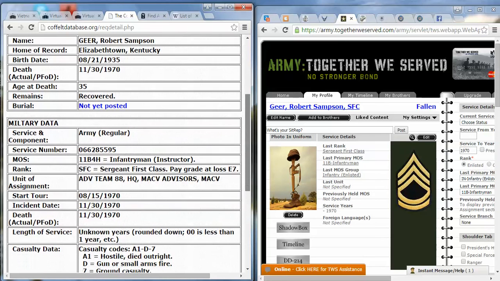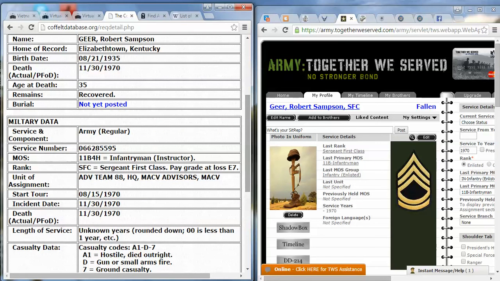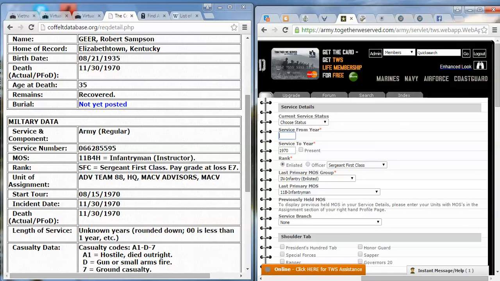He doesn't have service years listed, so let's see if we can find out on here. Length of service, unknown years. Let's see, as a sergeant first class, he would have been at least probably 4 years. Let's see, what's his birth date? That's a good way to check.